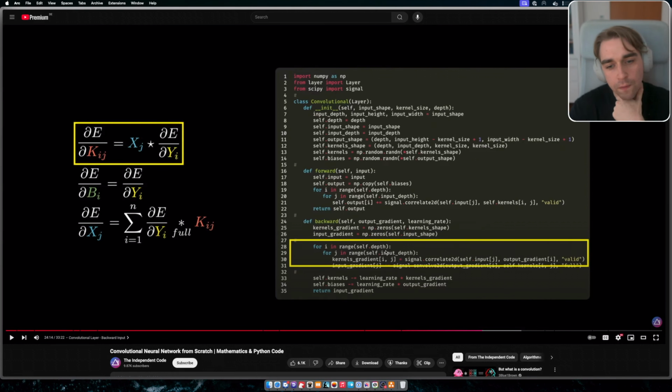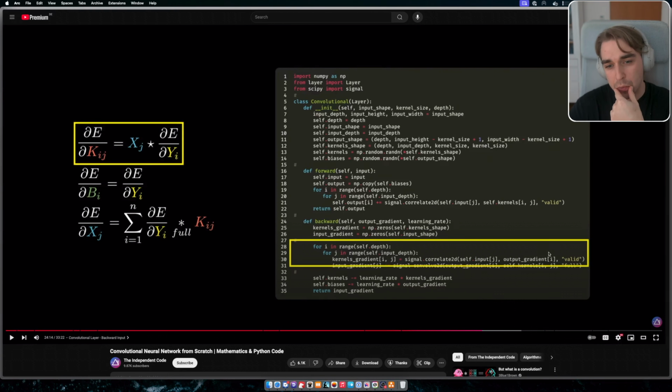So we're going through the depth of the convolution, then we go through the depth of the input data, and we compute the kernel gradient i, j as the cross correlation between the input slice of j, which is going to be a 2-dimensional array representing one channel,